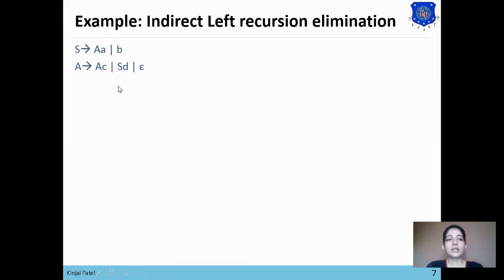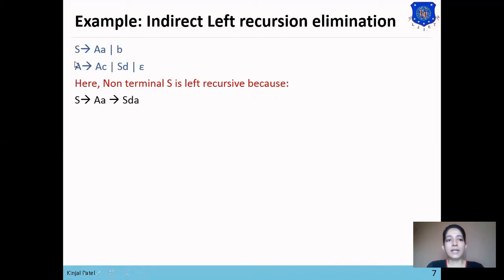But here non-terminal S is also left recursive because you can see S produces AA, and A produces SDA.